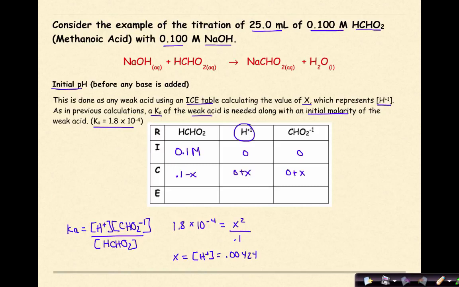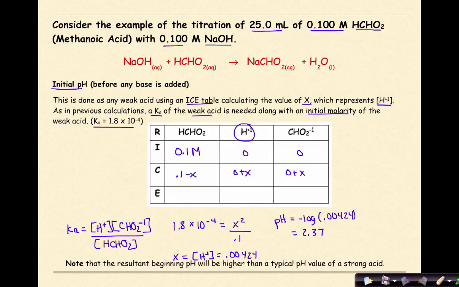0.00424. Now that I have that, I can calculate the pH. So if I say pH is equal to the negative log of 0.00424, and I work out the math behind that, I find out that my pH is 2.37. And really, that's where I'm starting. So my pH is 2.37. Note that the resultant beginning pH will be higher than a typical pH value of a strong acid, as I